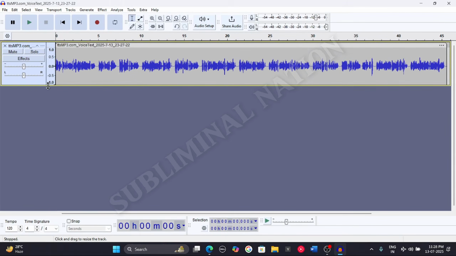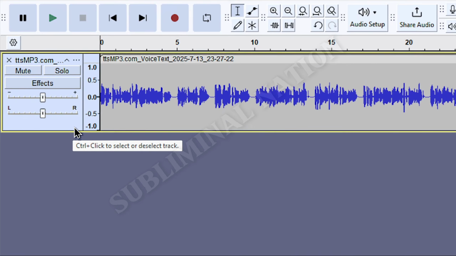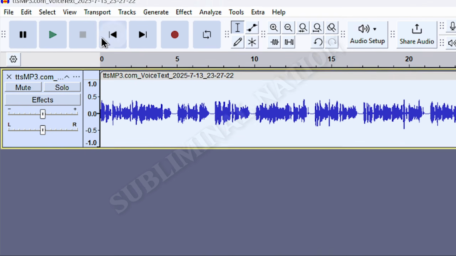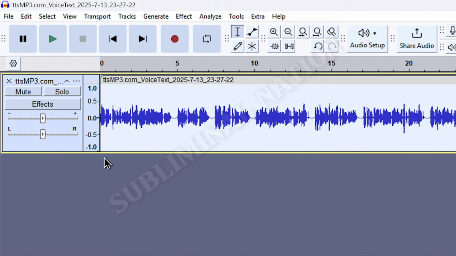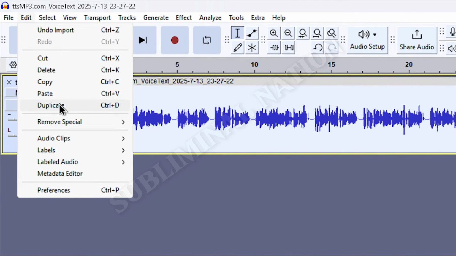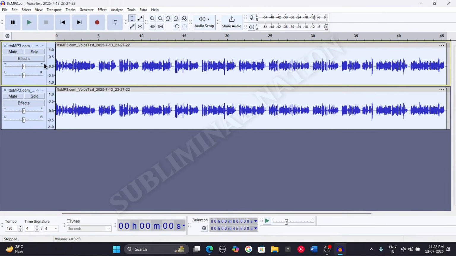Now select this track by clicking over here, basically left click. Now either press Ctrl+D to duplicate this track or simply go on edit, then click duplicate. Now here we have two same audio tracks. So select the second one